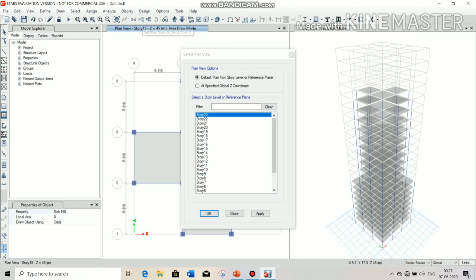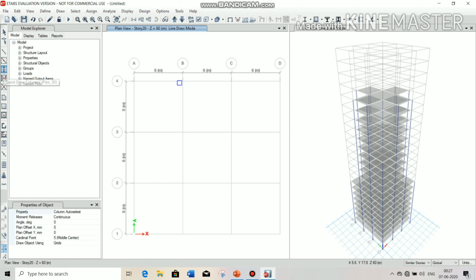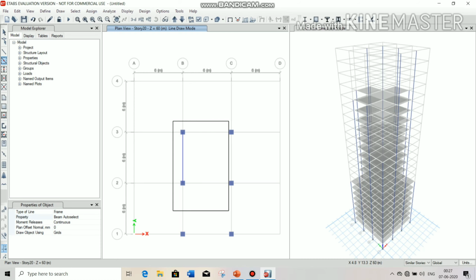Again go to plan view and choose story 20, click on OK. Similarly you have to draw beam and slab also.